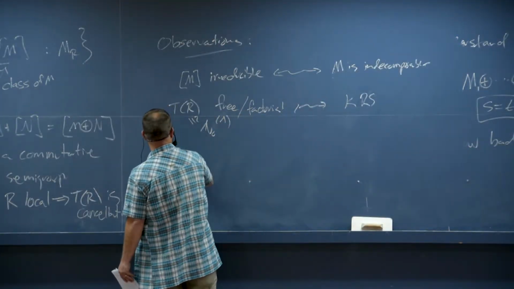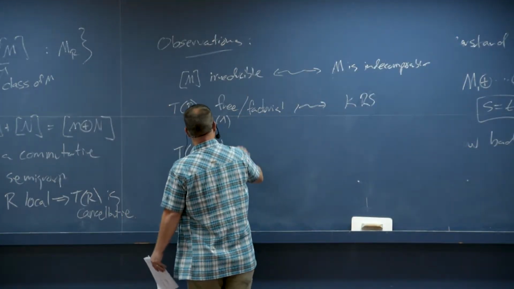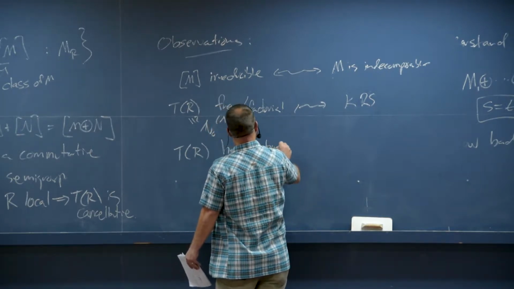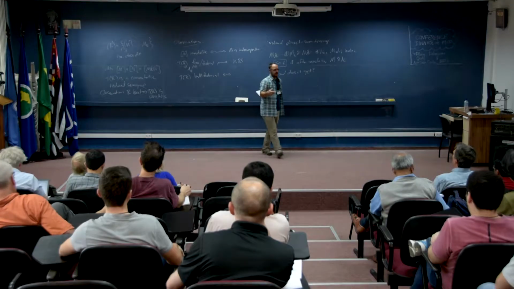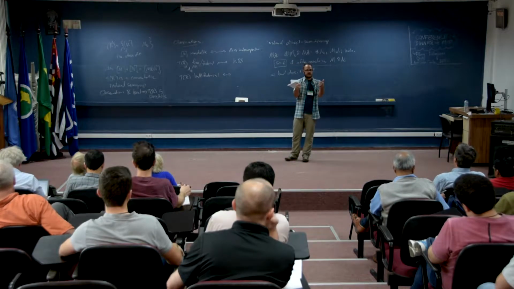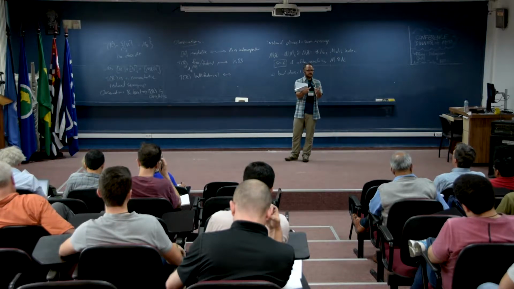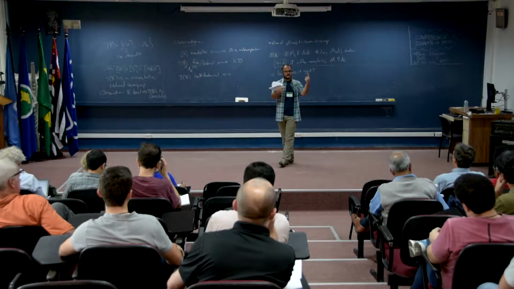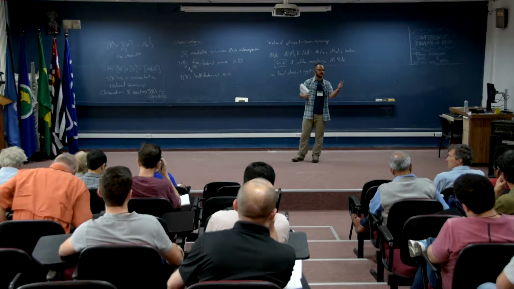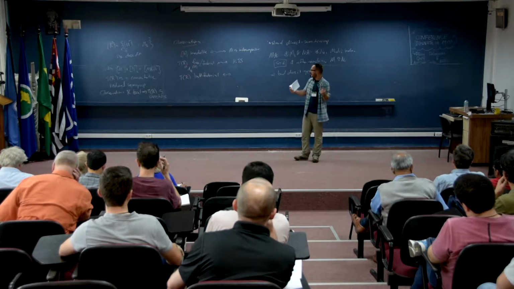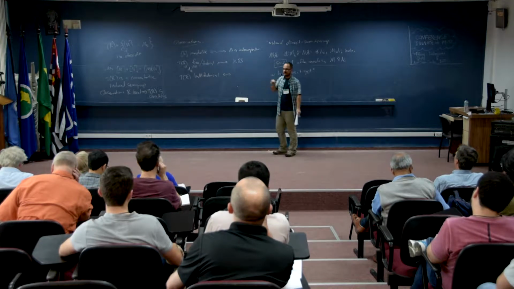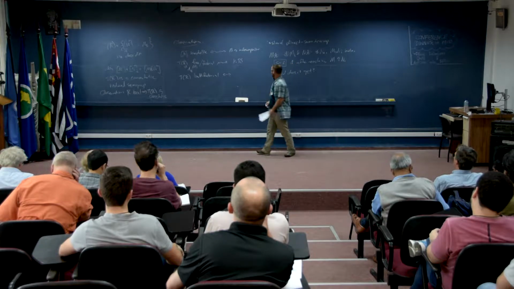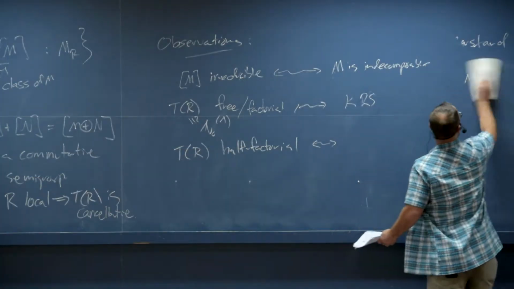The factorial or free property says if you have any element and you write it as a product of irreducibles in two different ways, then first you have the same number of irreducible elements on either side, and second, after some permutation, the elements are the same. Half factorial, sort of a tongue-in-cheek name, I think, originally, says that really you just have the same number of summands on either side.